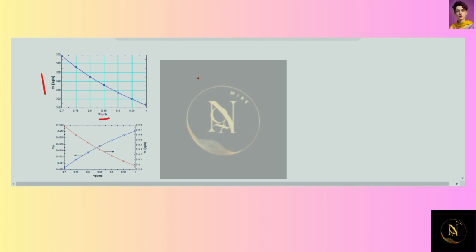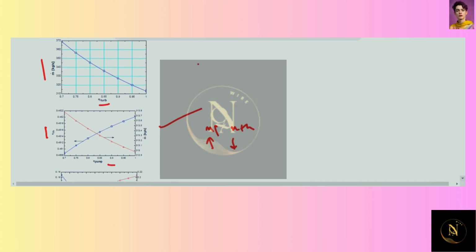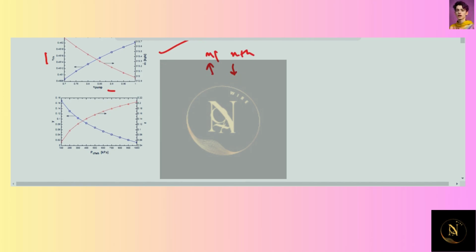Similarly, when we see the turbine efficiency and the pump efficiency here, this is the thermal efficiency and this is the pump efficiency. As the pump efficiency increases, we see that there is a decrease in the thermal efficiency. This is the thermal one. But if you see this one, there is a decrease here also. Now as we move down to the next one, this is the Y and the pressure one. You will see there is a decrease here and an increase on this side. These are the relations that we have to plot while we do this question.